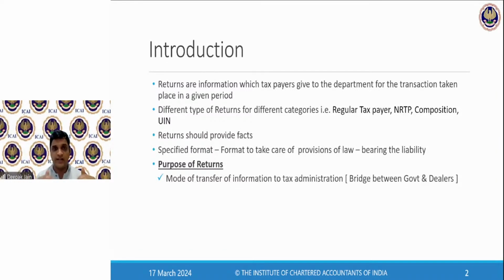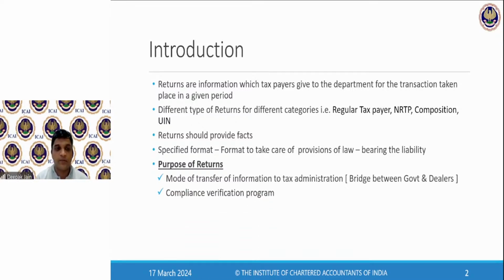Until the return is filed, there is a gap. The government doesn't know how much transaction of sales you have done, and you have not reported anything, except in case of e-way bill or e-invoice. But that is not everything, right? Apart from e-invoicing there are sales, but for purchases, some credit may be available, some credit may not be available. Your vendor would have supplied or not. So a lot of things happen, right? So the dealers will have to accumulate all of this and report it to the government. So it bridges the gap between the dealer and the government,